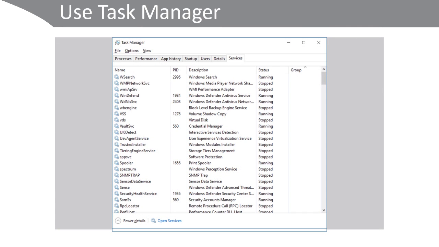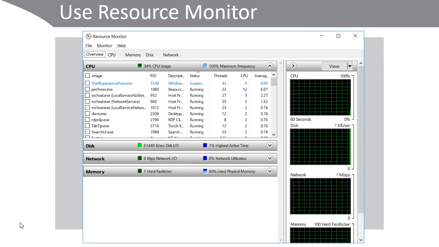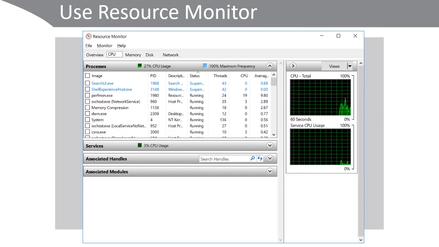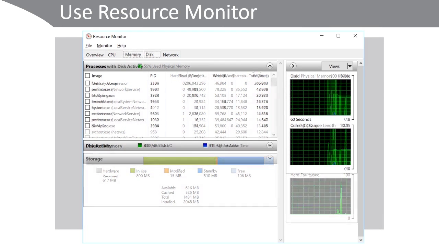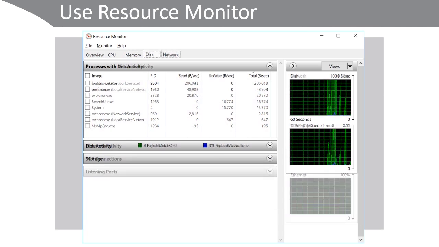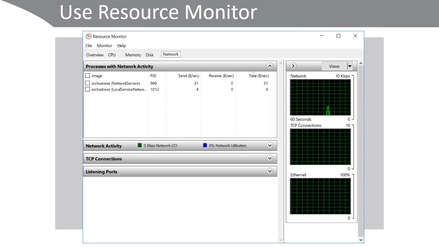And then you can have a look at services running and stopped on the Services tab. If you want a bit more information about what's happening with the resources on your computer, consider using the Resource Monitor. Resource Monitor, once again, is giving us a snapshot of performance, perhaps a bit more detail than within Task Manager, but nevertheless a snapshot, and you can only draw so much conclusion from a snapshot of anything. You can click through the tabs here and look at the CPU detail, the memory detail, disk activity, and then the network. It's worth noting now that CPU, memory, disk, and network are the 4 key resources of any computer